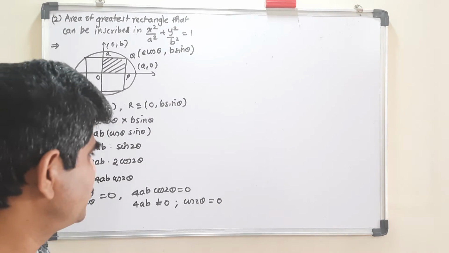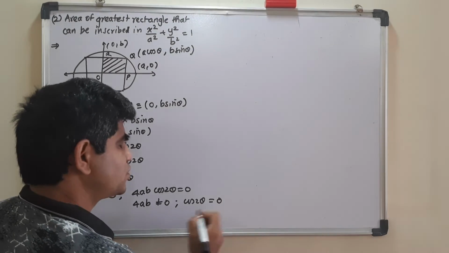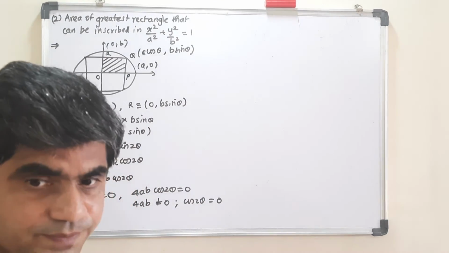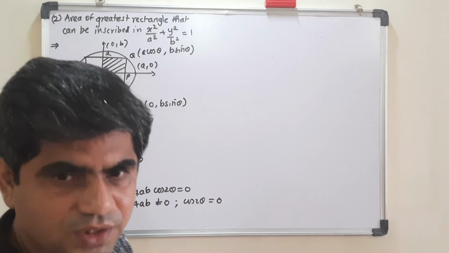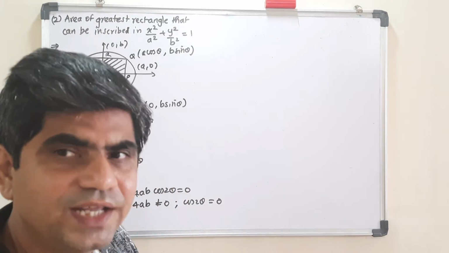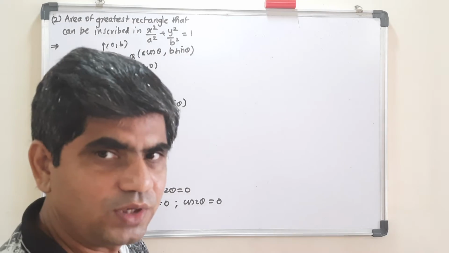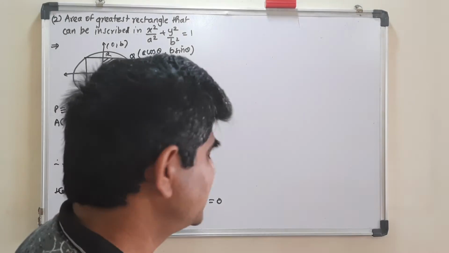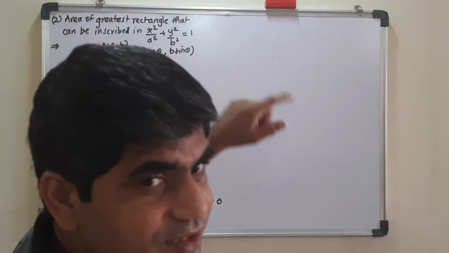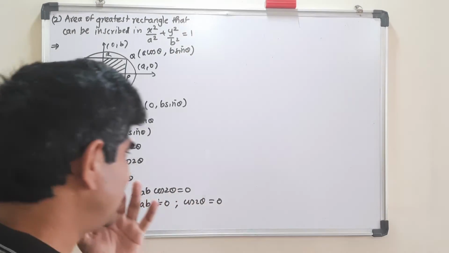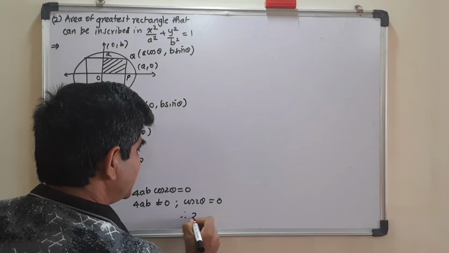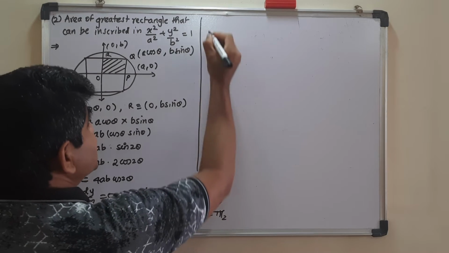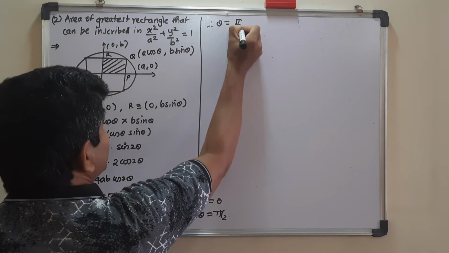Now cos 2 theta is equal to 0, that means cos 2 theta is equal to cos pi by 2, right? That is cos is 0 at 90 degrees, and we are not taking the general form over here. Try to reason yourself why we are not taking. We are directly taking pi by 2 over here. See the figure and try to understand why we are not taking the generalized form. So therefore your 2 theta will be pi by 2, indicating your theta is equal to pi by 4.